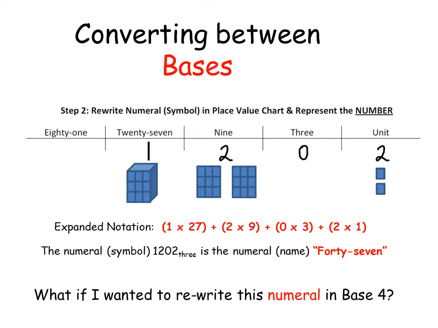Now, what if I wanted to rewrite this numeral in base 4? Again, the numeral name does not change. The number doesn't change. The number is always the idea of 47 objects. We're just trying to figure out how to rewrite or regroup them depending on the base. So if I take the numeral name 47 and rewrite it symbolically in base 4,